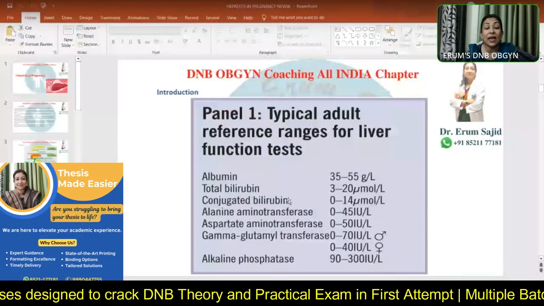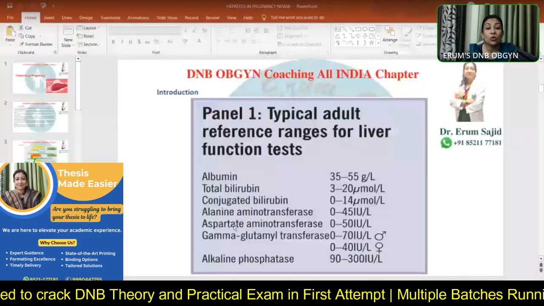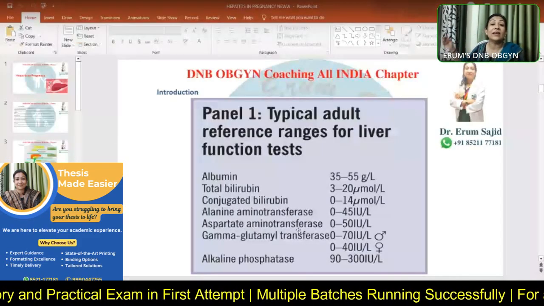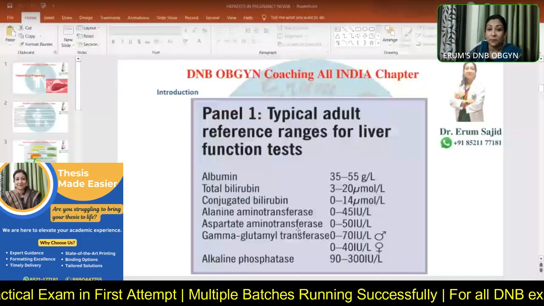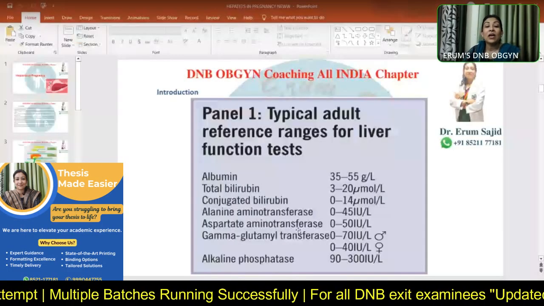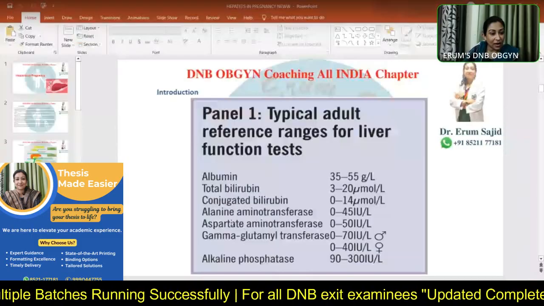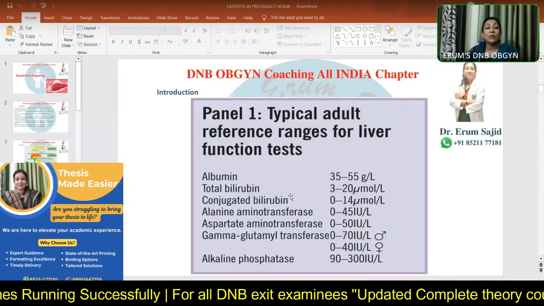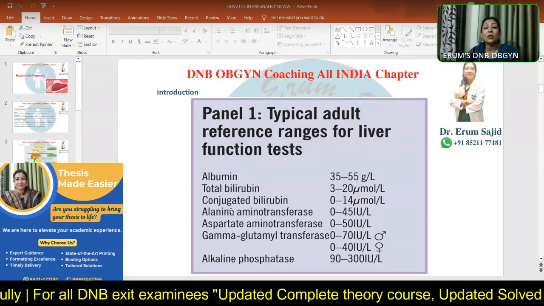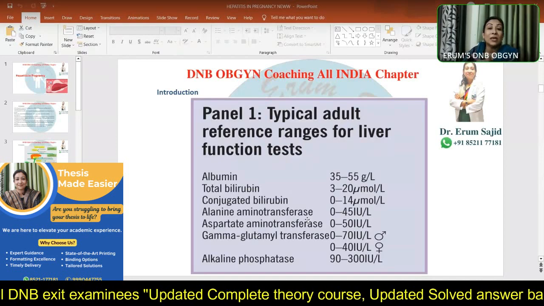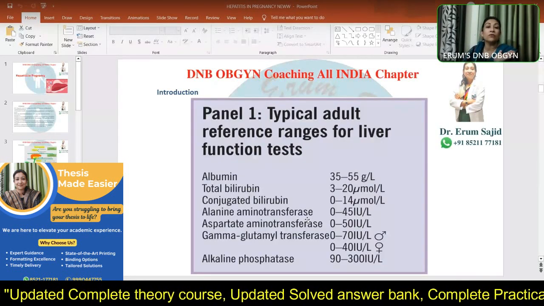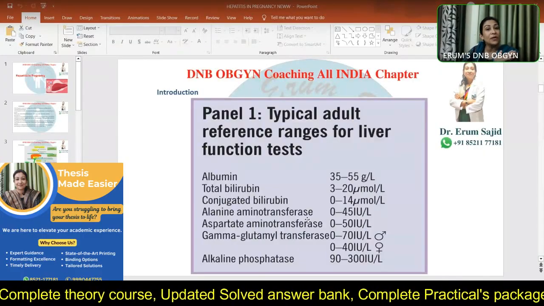But then comes ALT and AST, which is SGPT and SGOT. Now, sometimes I've seen students fumbling on whether ALT is SGOT or ALT is SGPT. So that also is another important thing, which I had put a slide on. I cannot see it right now. Anyways, so ALT and AST are also there. Alanine aminotransferase, that value is very, very important. It should be less than 45. Both of them, just remember, both of them should be less than 45 international units per liter.